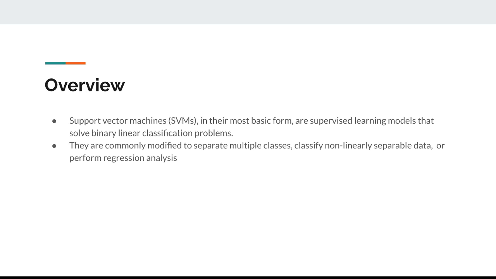So starting off with just a basic overview, SVMs are basically supervised learning models, which are commonly used to separate different classes, help classify linearly separable data, or even perform regression at times. Although SVMs are most commonly used for classification, since the support vectors help us split the data and classify accordingly. And the reason these are called support vector machines is due to the support vectors, which are